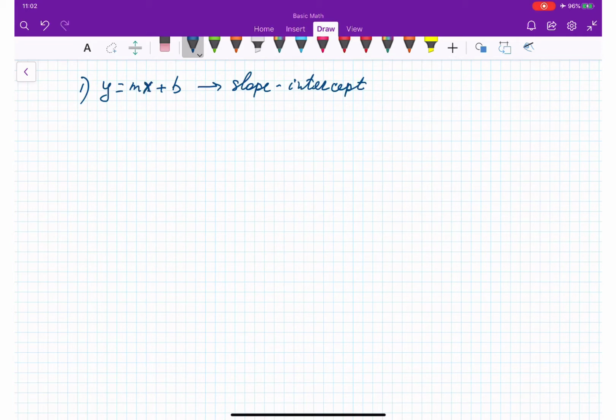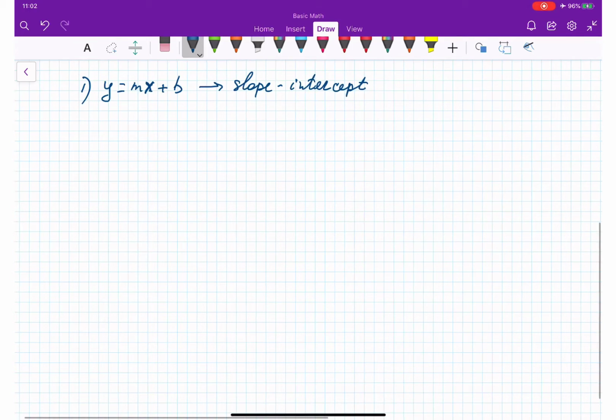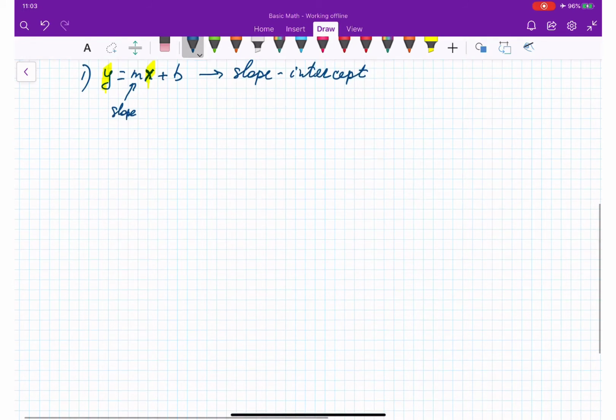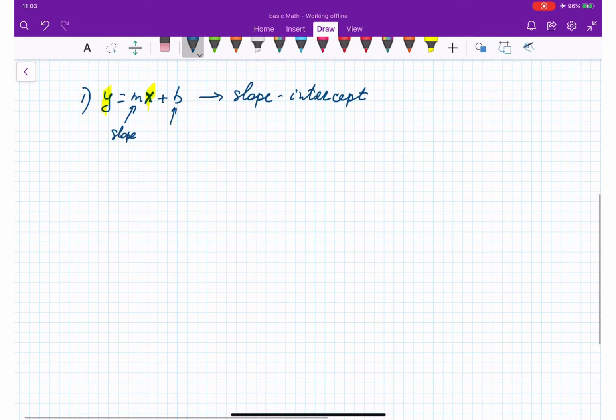Okay. When a linear equation in two variables is written in this form, then m is the slope and b is intercept. Okay. So,